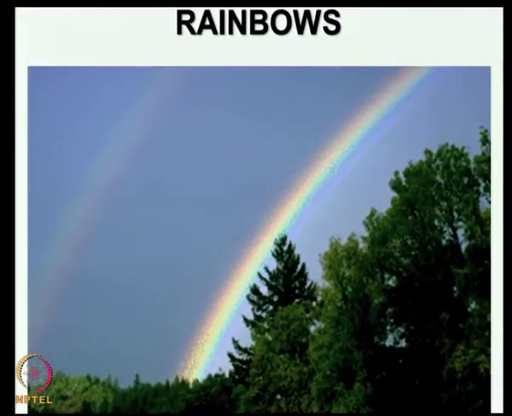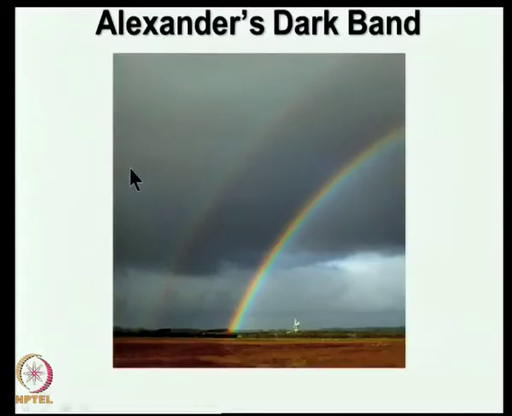Here is another picture, which shows again the primary and the second rainbow, and notice the second rainbow is much more faint than the primary. So, as you go to higher order scattering, higher order reflection, the intensity gets weaker. So, theories say there are even more rainbows, but most often you do not see them. In many cases you do not see the second rainbow, you only see the primary. The secondary is already weak, but there are also tertiary and other rainbows.